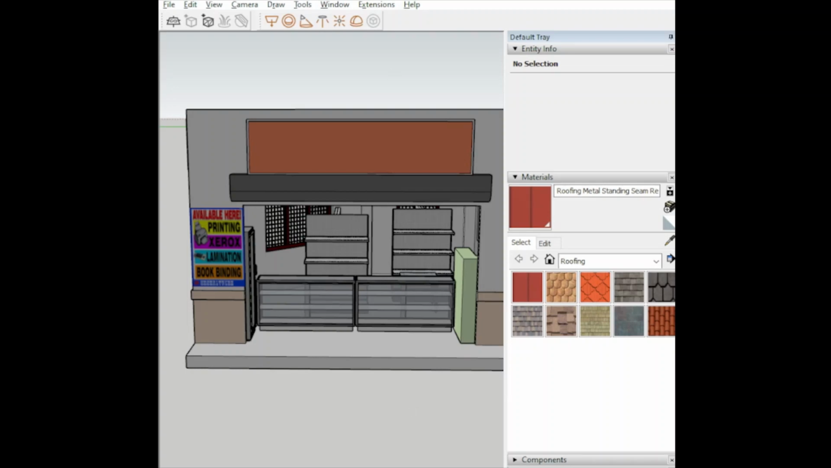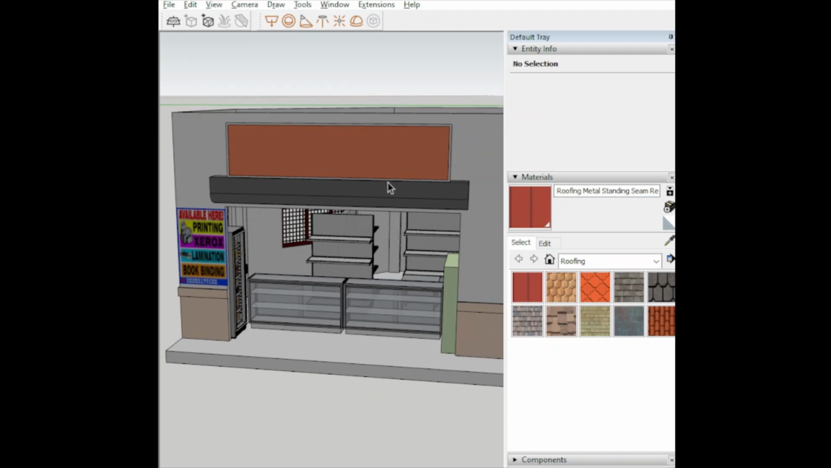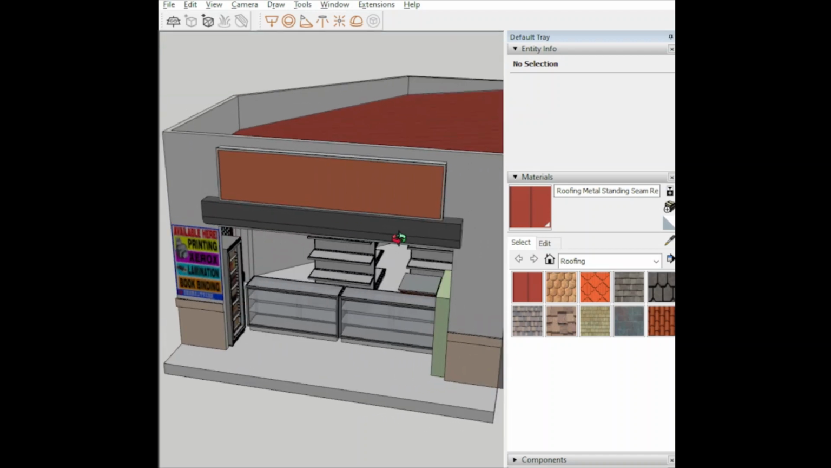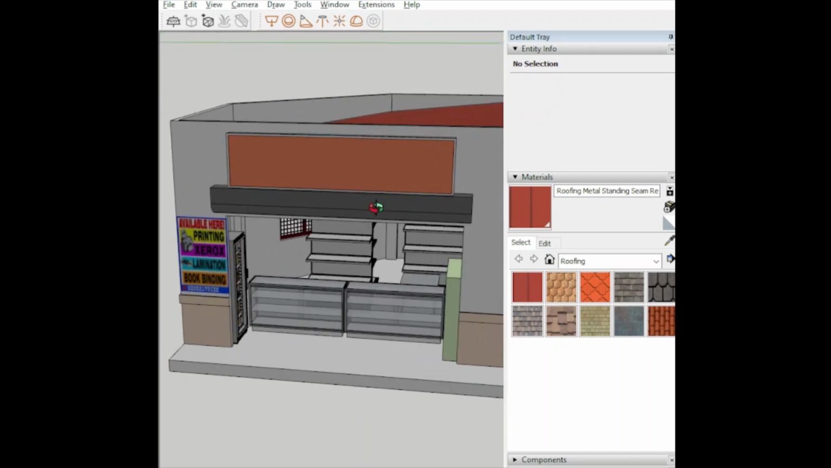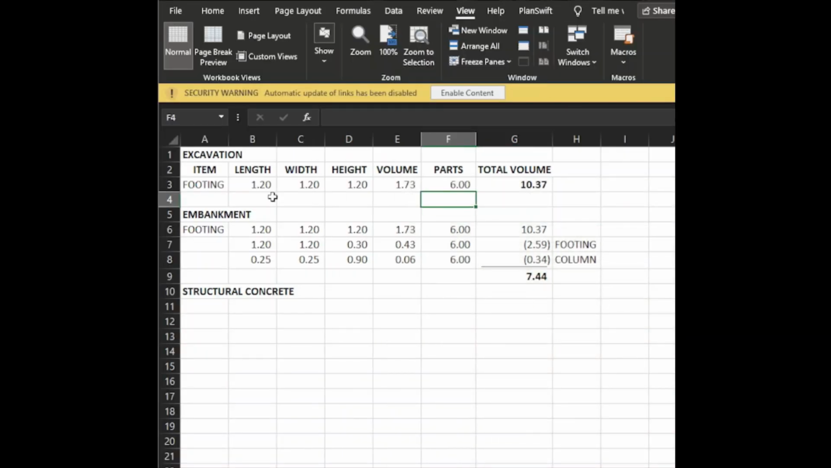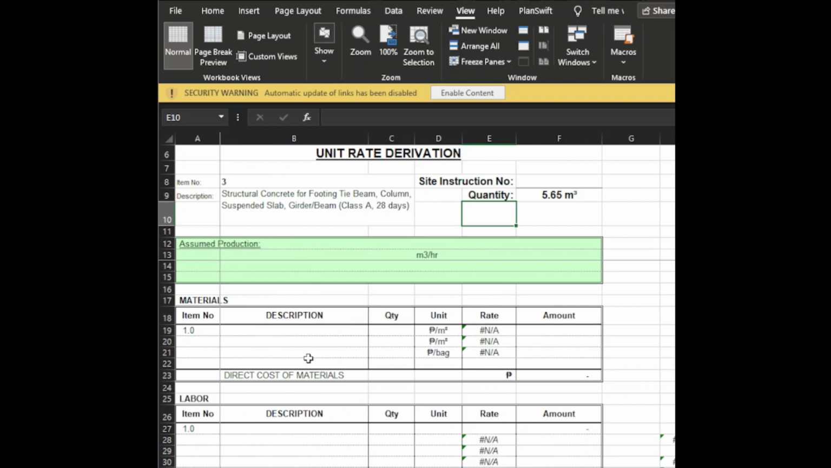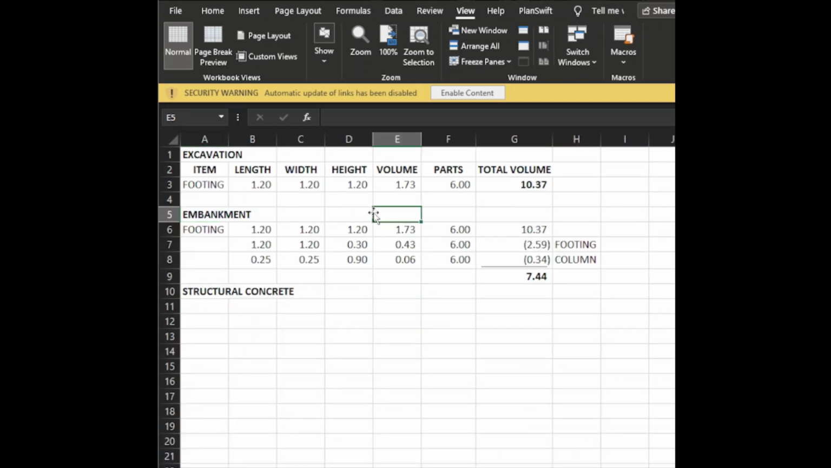Hello guys, this is the continuation from our previous discussion regarding this small project extension of our small store. In our last video we ended up calculating the excavation and the embankment, and we also did the cost analysis of each item, embankment and excavation. So we will continue now calculating the other